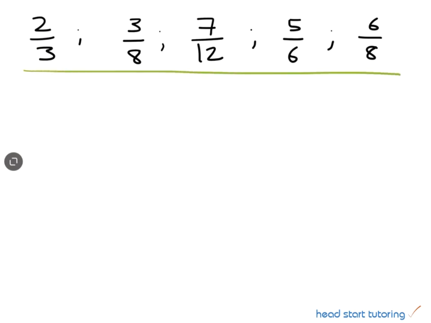We are now going to have a look at exactly the same fractions, and now we are going to use decimals to order or compare these fractions instead of finding our common denominator. So again, we are going to order them in descending order, so from biggest to smallest. And what we are going to do is convert each of our fractions into a decimal. So for 2/3, that is going to be equal to